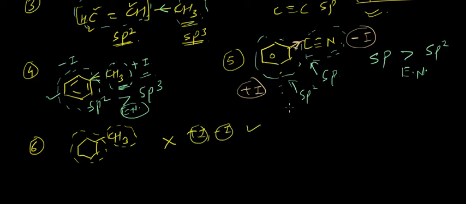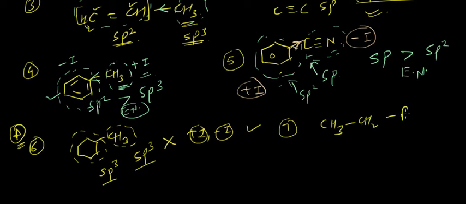Because when I say that there is some electron shift, where does that electron shift come from? It comes from the electronegativity difference between two atoms, right? So in this case, as all the carbon atoms are sp3 hybridized only, there is no electronegativity difference, hence there is no plus I or minus I effect in this compound. Remember, this is a very important example to clear your doubts and